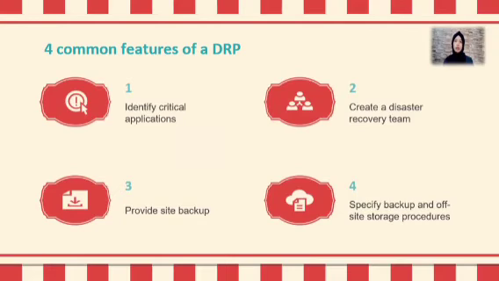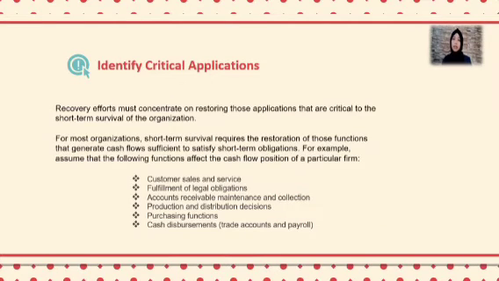Although the details of each plan are unique to the needs of the organization, all workable plans possess four common features, and these are to identify critical applications, create a disaster recovery team, provide site backup, and specify backup and offsite storage procedures. The first essential element of a DRP is to identify the firm's critical applications and associated data